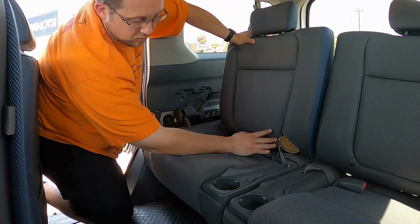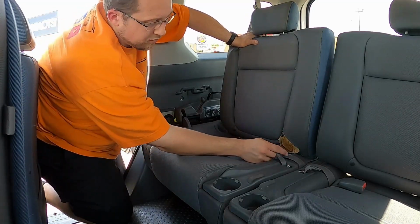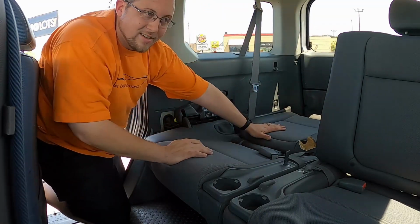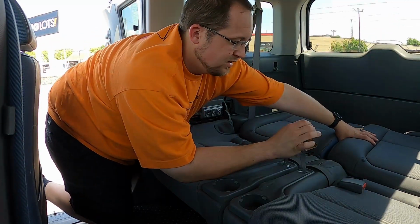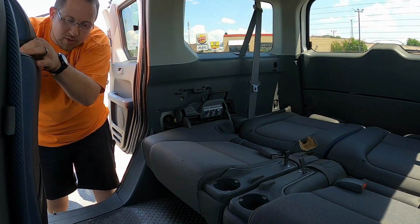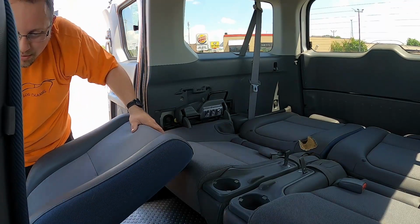Now, excuse the fact that this one's a bit messed up. It's not a perfect example, but it's still a very cool car nonetheless. If you pull this little strap right here near the seat center, you can push this thing all the way back flat. Do the same to the other side, and they fold nice and flat. Now, if I were to remove the headrest from the front seat, lean it all the way back,